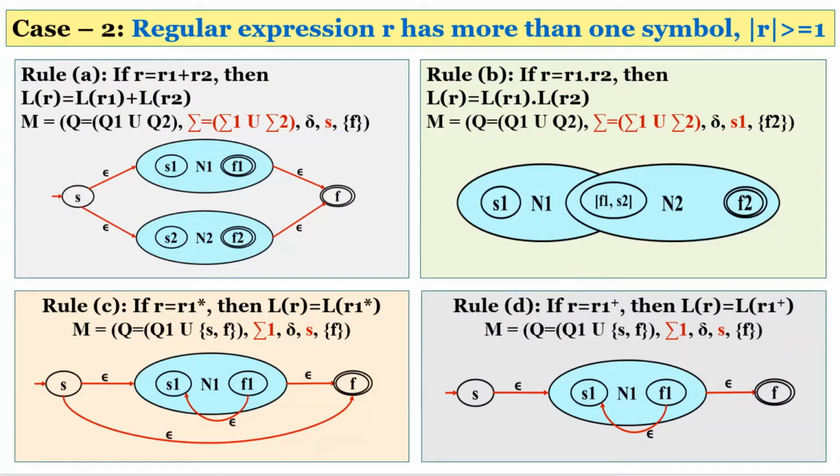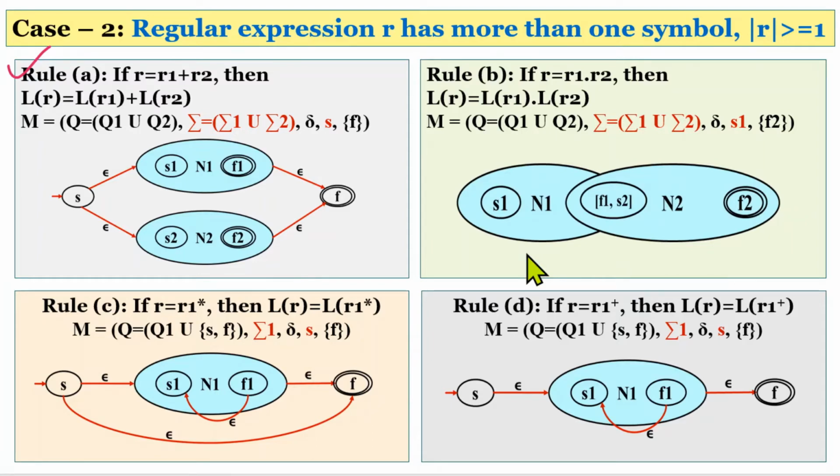The first rule is for union, with its corresponding machine, and the next is the case for concatenation,